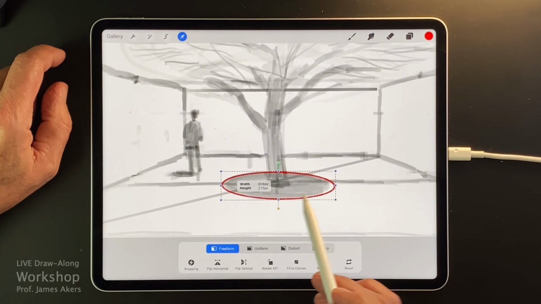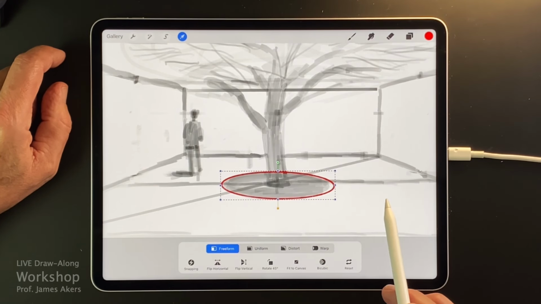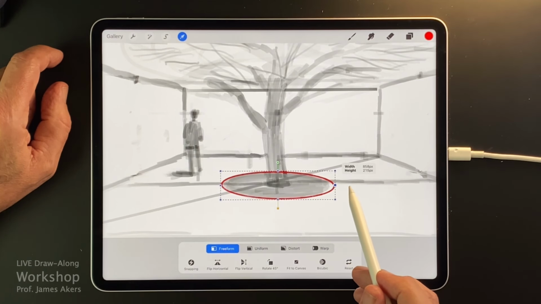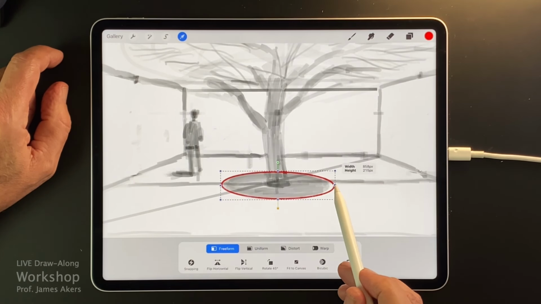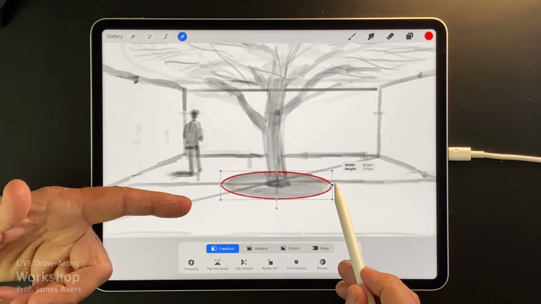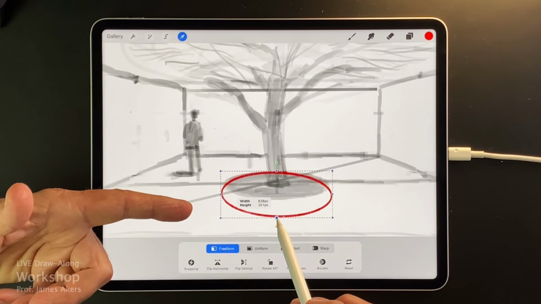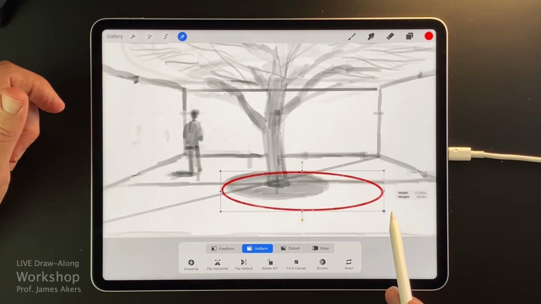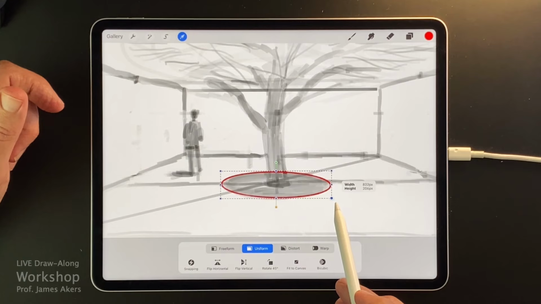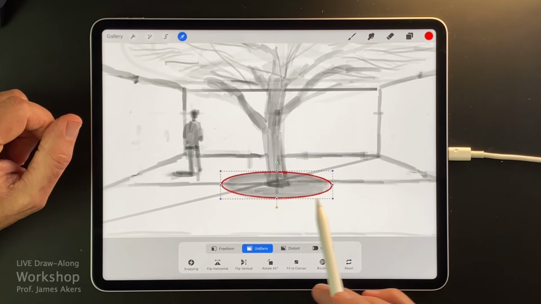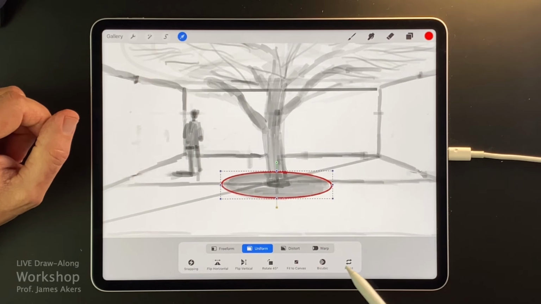So it's another way of sort of teaching yourself drawing by taking advantage of these tools. And remember, this particular one, the freeform, allowed you to stretch only one dimension at a time, whether it's that one or this one. And the uniform allows you to enlarge the entire thing. So once you had the proportions right, or you felt like it created the illusion right, you can do that.